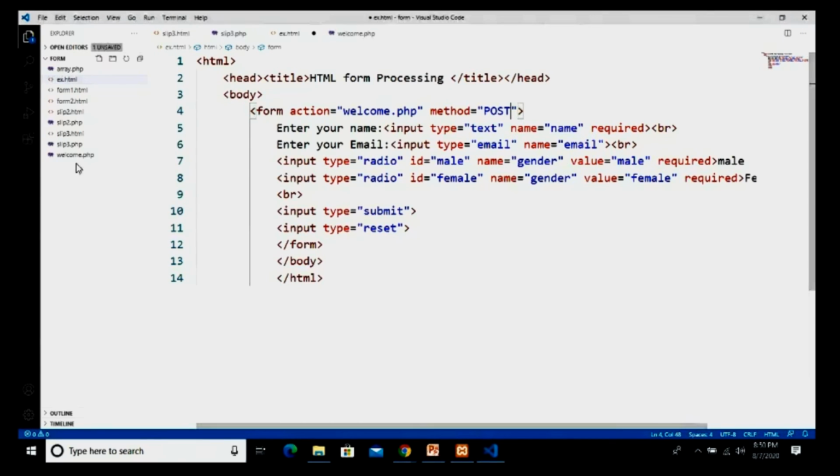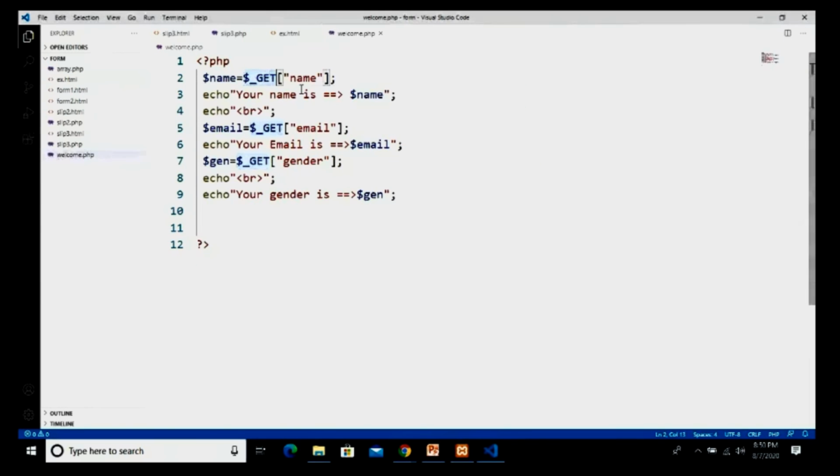I save my program. I go to my PHP file. Here also you have to change the method to post, and this also you have to change to post. Okay, I save my program.